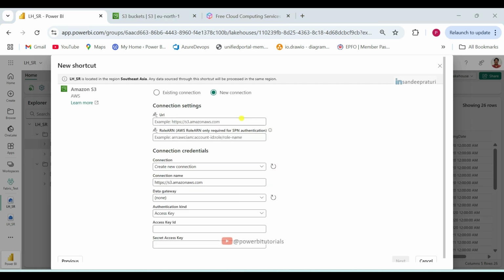Now here we will provide the S3 bucket URL. If you want to load the data from multiple buckets, in that scenario, copy this URL and paste here: s3.amazonaws.com. It will show you the multiple buckets. And if you want to load the data only for a particular bucket, in that scenario, you need only